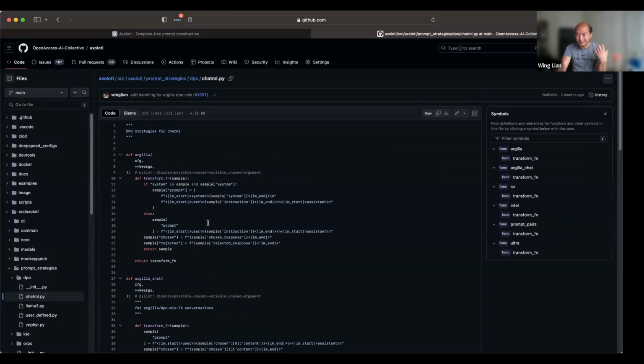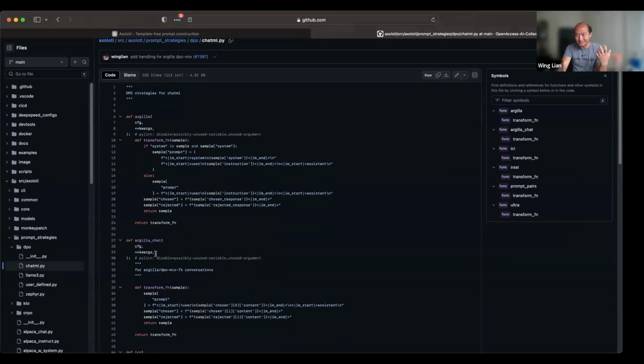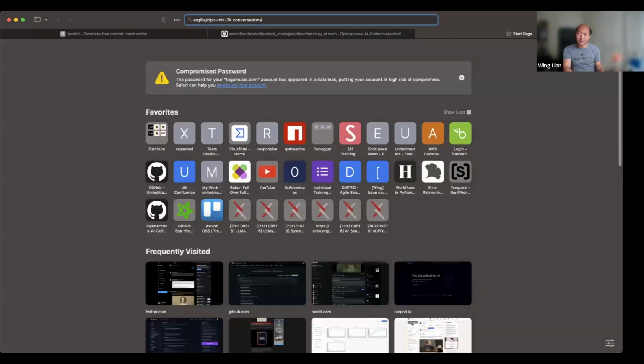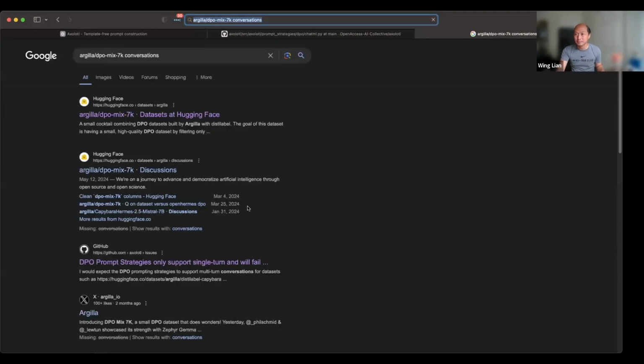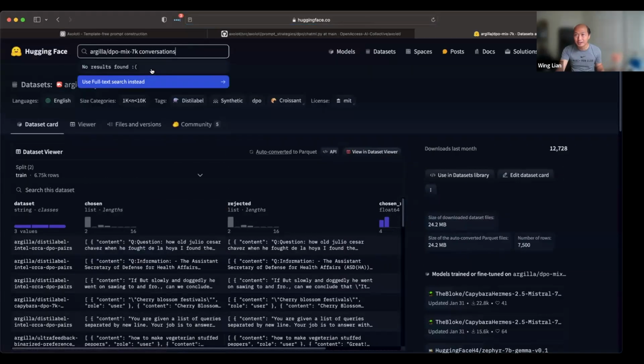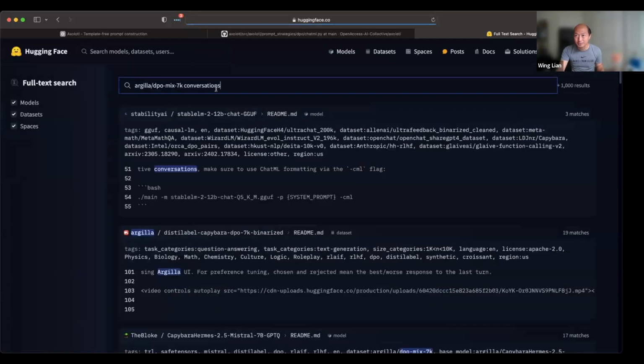I'm just looking at what data sets I'm seeing. So if we look at Argilla chat, and this data set here, that isn't it. DPO mix. Oh, they must have renamed this one. Oh, DPO mix 7K, that is this one.